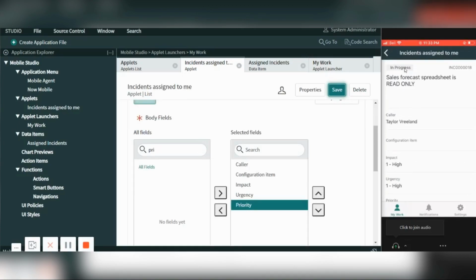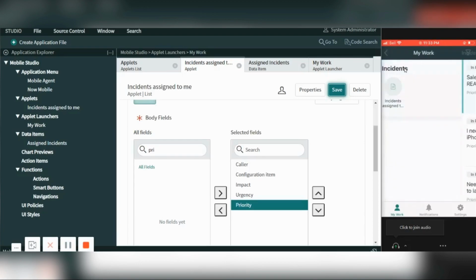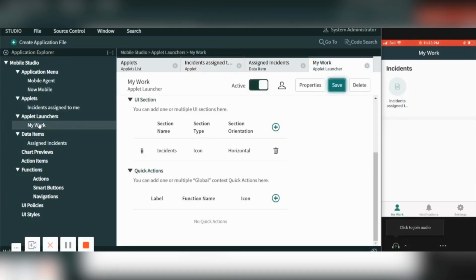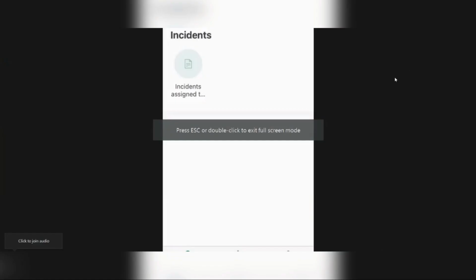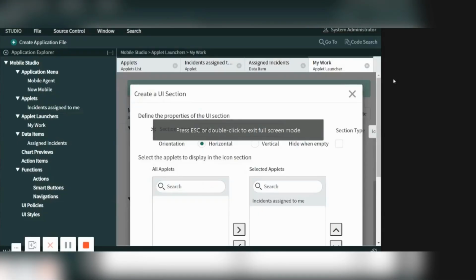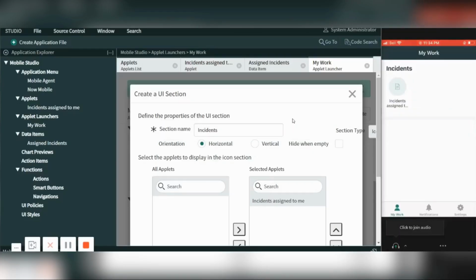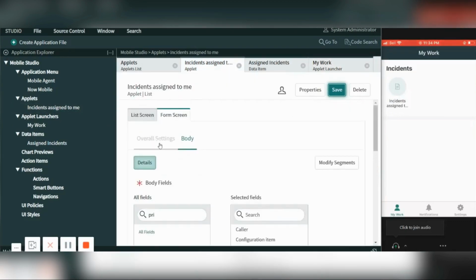So what we have done in this video: we have created one applet launcher. Let me revise that. This is my applet launcher. Within that applet launcher, I have created one UI section, incidents. After that, I have created one applet, incident assigned to me.